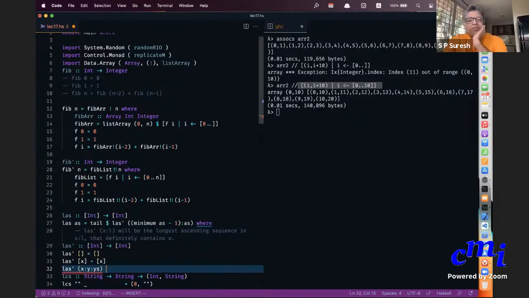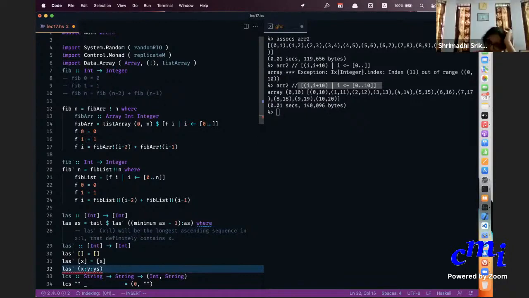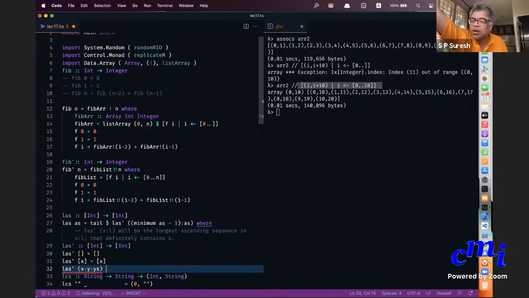So what are all the cases here? X should definitely be included. So you just need to figure out what the next element is. Should the next element be Y or not? You do not know right now. Because if you include y, maybe there are some later elements that are smaller than y but larger than x, and you would be missing out on them. So you need to do two different recursive calls and find the maximum.